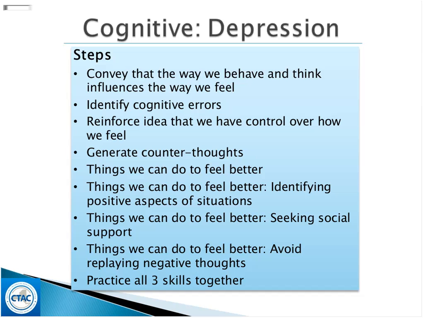Once we get a sense of this is how I am when I'm in a good mood, or this is how I am when I'm in a bad mood, both how I'm sounding, how I'm looking, what I say, what I think, and how I act towards others, we try and ensure that we go back to the terminology of thoughts, feelings, and doings, and ensure that people understand how the messages that we convey to people fall into the way we think, the way we feel, and the way we do things.